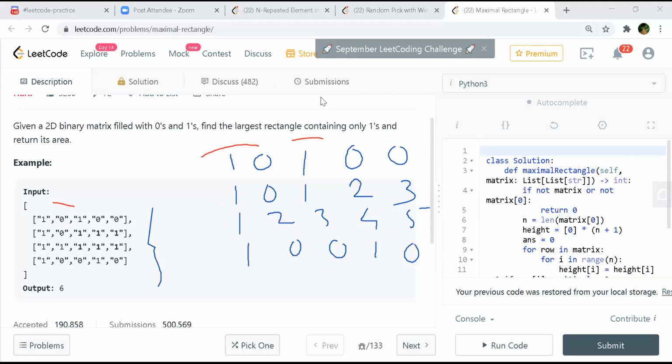So in this example, when we are at 5, your answer is 1 into 5, right? Then you go up, you find 3. Then your new area becomes 3 into 2. So this is greater than 6, so you take this. Correct. I think someone was saying that you take the minimum width always.